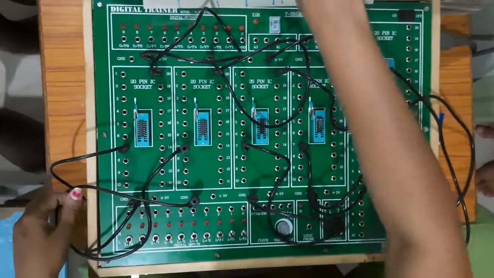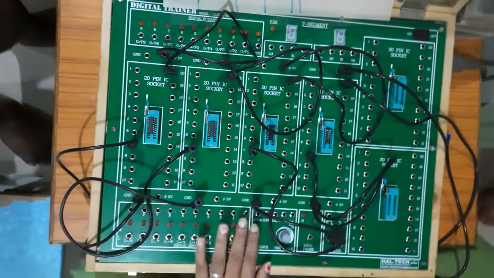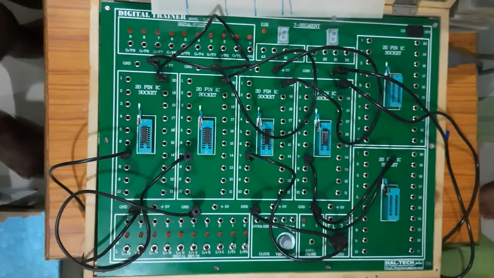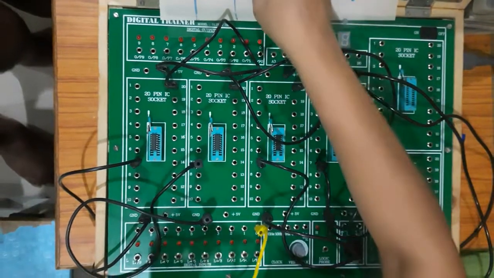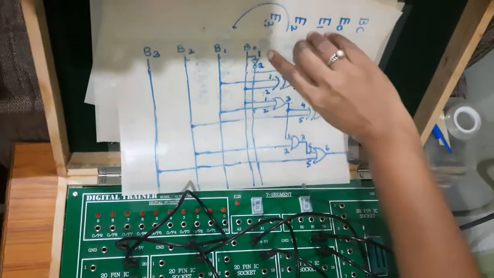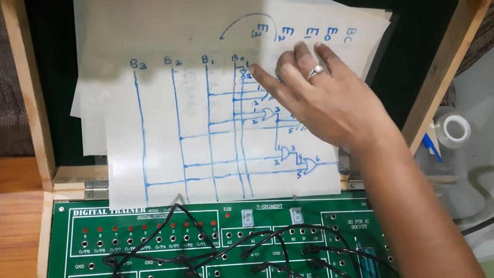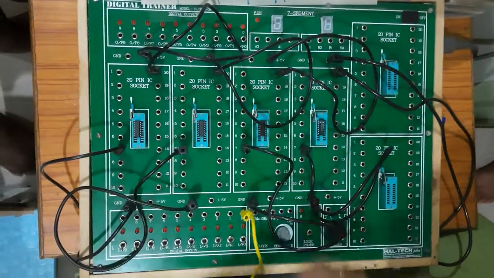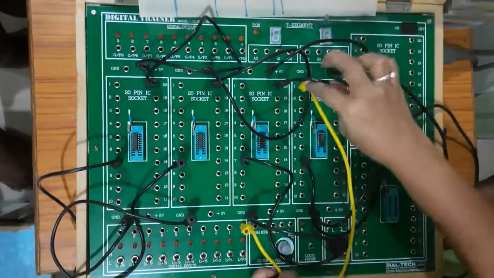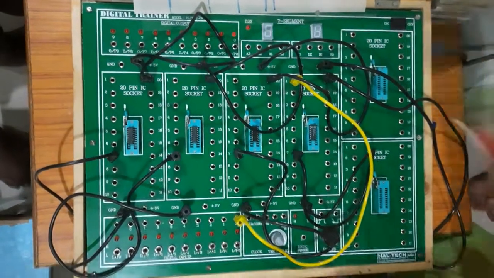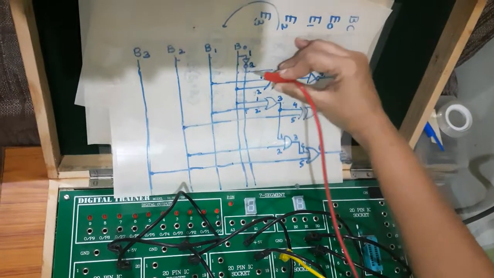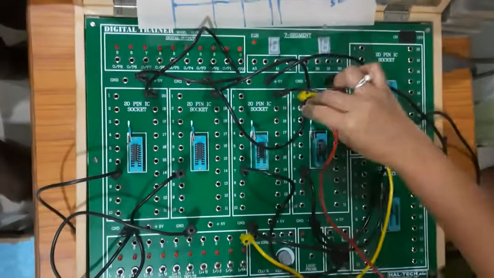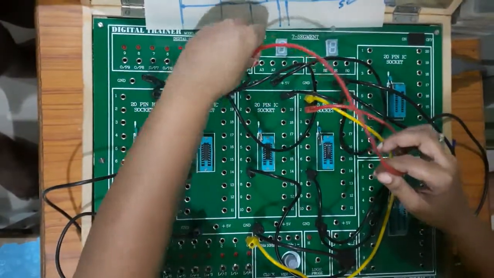Now we know that B0 is the LSB. These are the inputs, B0, B1, B2. So this is what my input value is. The first input value is B0. So how can I get E0? B0 is to be connected to the first pin of the NOT gate. So this is what my NOT gate is: XOR, AND, OR, and NOT. So it is to be connected to pin 1. And the output, the second pin on which I will be getting the output, is to be connected to E0. This will be my first output bit.